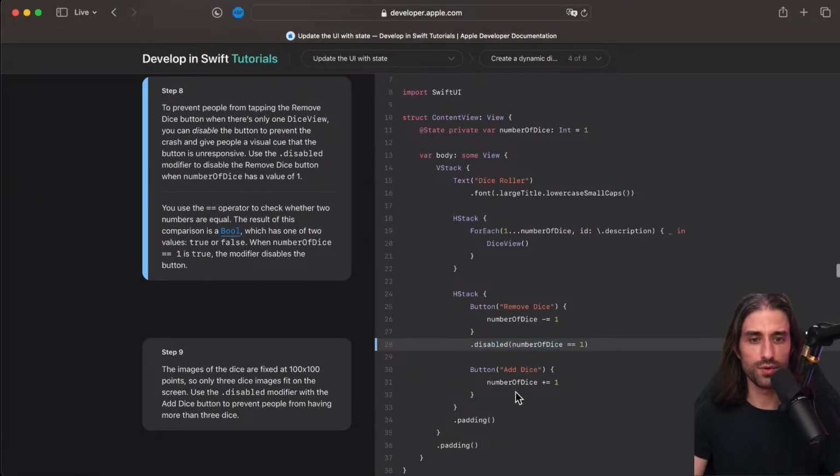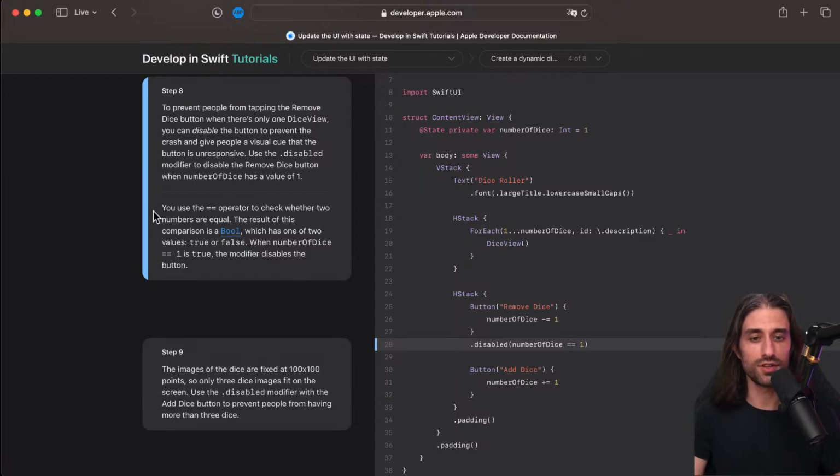They give an explanation of what we've written here, so this expression right here. You use the double equal operator to check whether two numbers are equal. Notice that double equal is very different from just one equal. That's one of the big differences between math and computer science: in math, equal means equality, whereas in computer science, in most languages, at least all of the languages from the C family, so languages that got their syntax derived from the C language, single equal means assigning and double equal means equality.